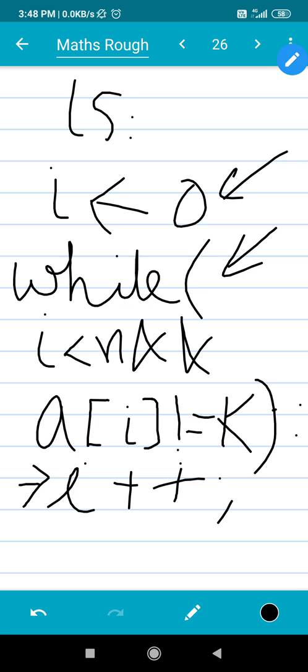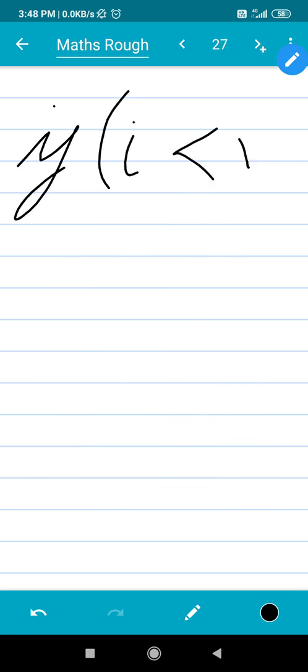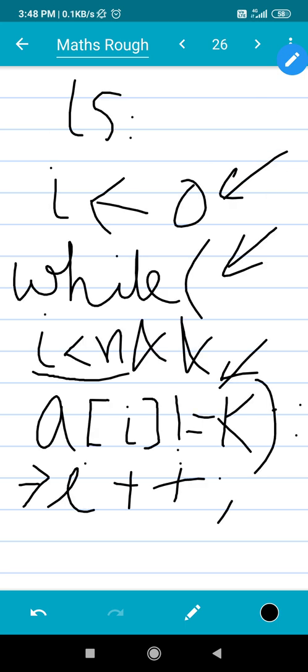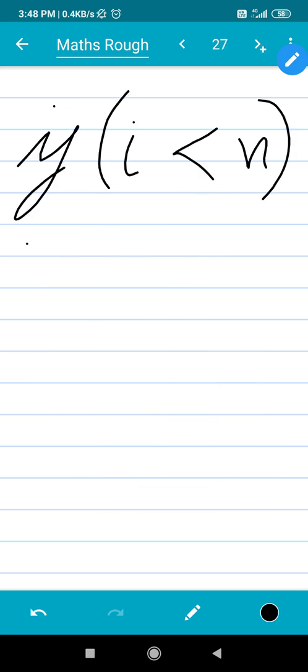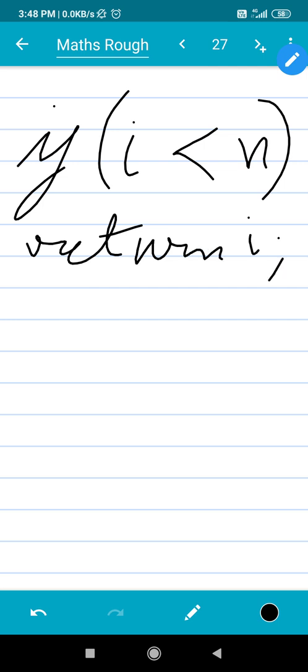So suppose this is false, that means we have found the key, but the other has to be false while we are in the array, so this has to be true. So if we say if i is strictly less than n, so this is true, and we know the whole condition is false because of this only, that means we have found a of i equals k, so we just return i, maybe. Else,